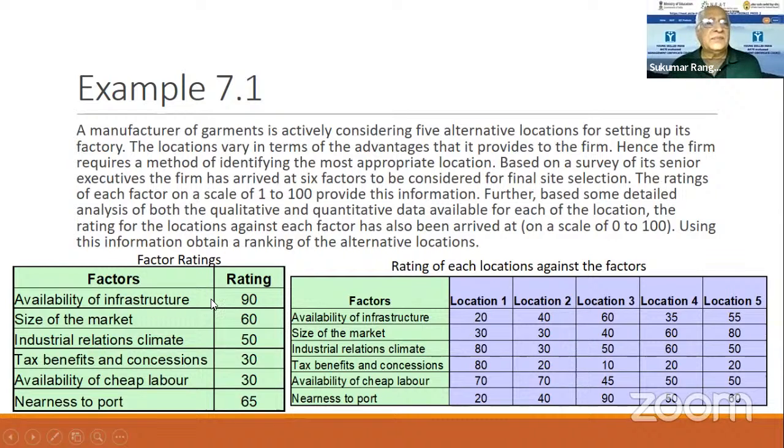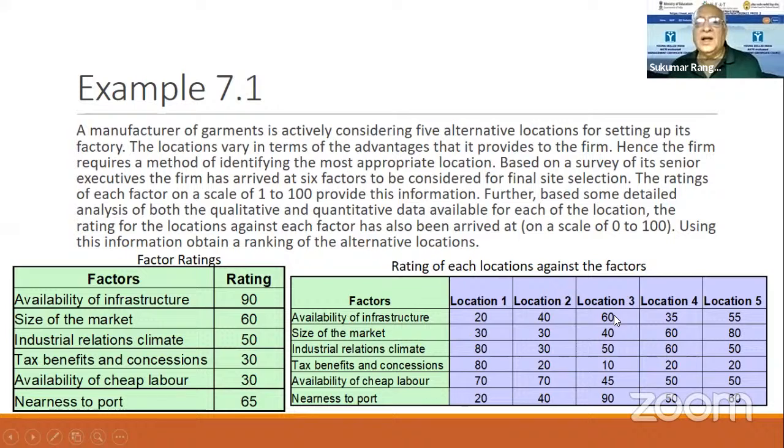Availability of infrastructure, you give a rating of 90; size of the market, industrial relations, climate, tax benefits, and this one, availability of cheap labor, nearness to the port. Because it is garments, he must be exporting, so obviously he's looking at transporting it to the nearest port. So in these 5 locations, out of this rating what was given, so some of them, let us say location